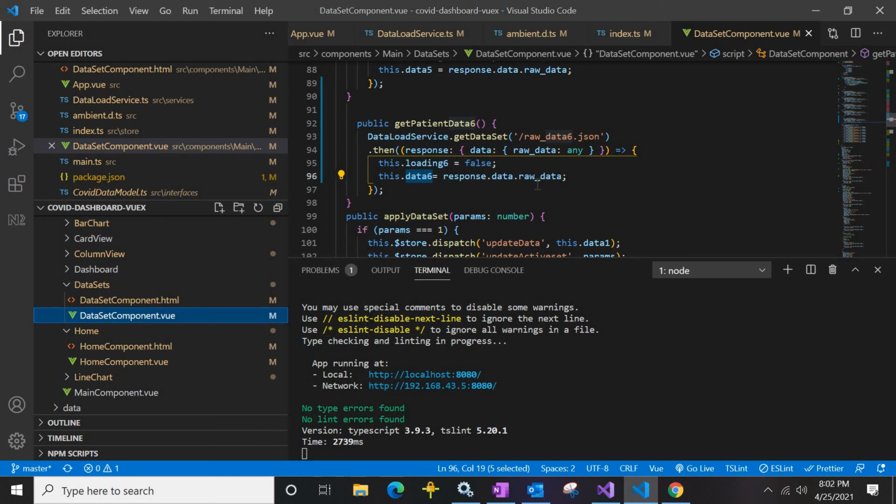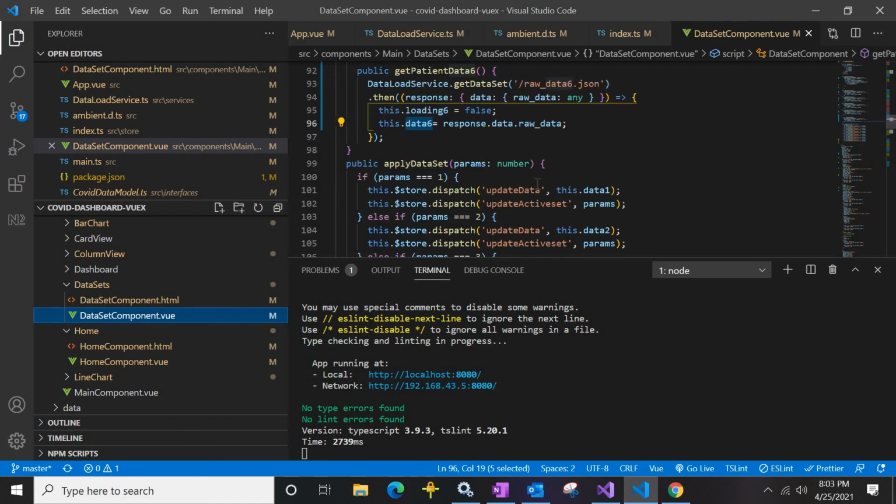If you use Angular or other kinds of applications, you can use the observable pattern, the observable subscription approach, like RxJS and observables. That's another approach. But if you want to go with pure Vue, you need to use the Vue store, the Vue state mechanism. That we will be covering in our upcoming videos.